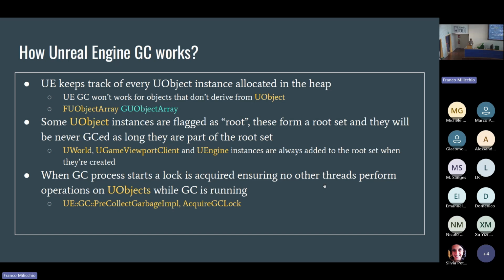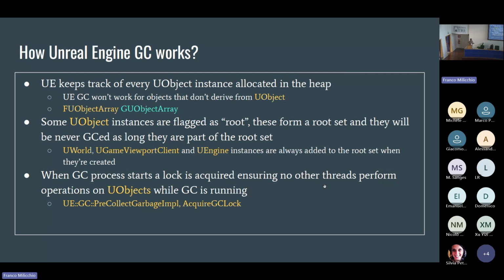Some UObject instances are flagged as root, and those root objects are not going to be garbage collected as long as they are part of the root set. The root set is a really important part of how the GC works. We are going to see it in a minute. Some classes that are part of the root set are the UWorld, UGameViewportClient, and UEngine.